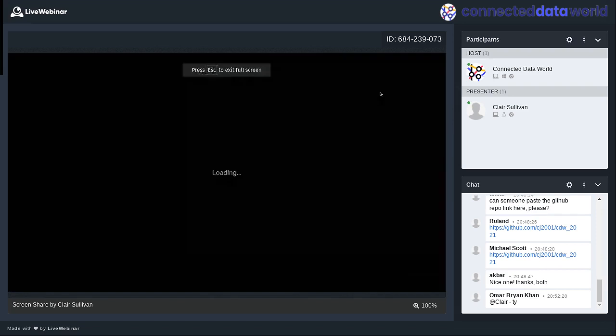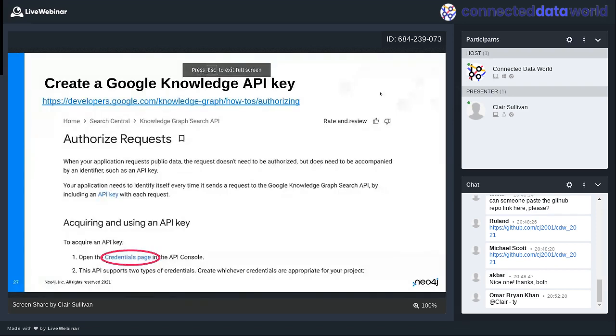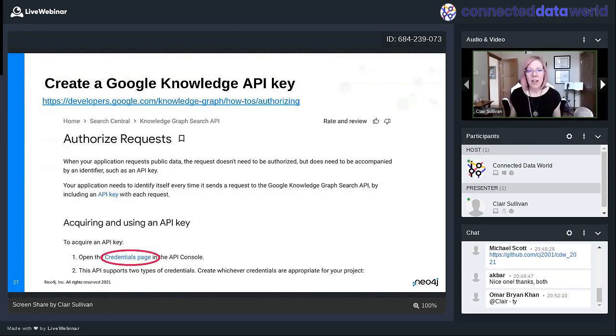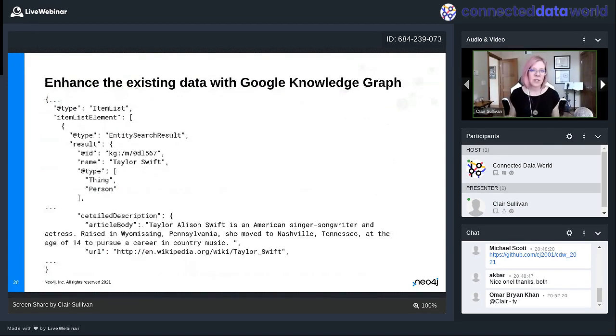All right, now I mentioned before that we were going to use the Google Knowledge Graph, not because we're using it to create a knowledge graph. I'm just querying it to make the knowledge graph we're going to create a little bit more interesting. In order to do that, if you wanted to do this on your own, you need to create an API key for it. But that API key gives you something like 100,000 queries per day for free. So it's pretty robust. It gives you a lot of calls per day. Not required for today. I just want to put it out there that that's how we are doing this today.